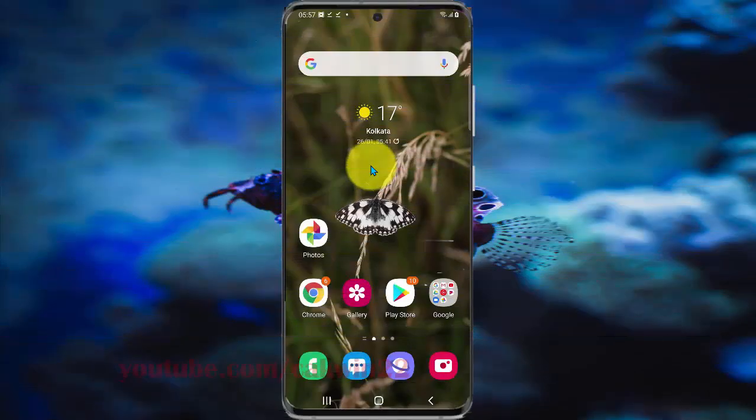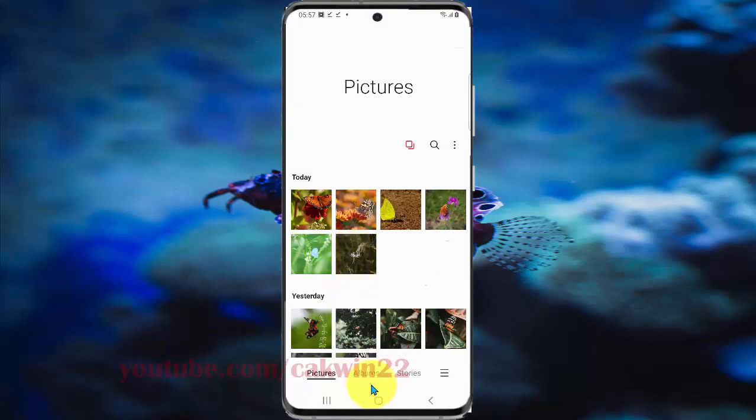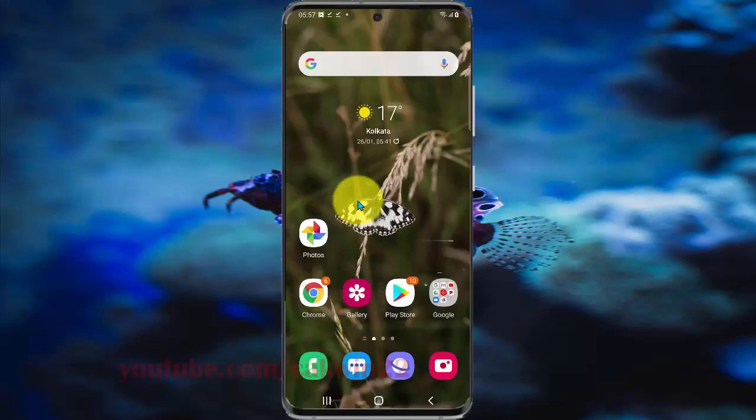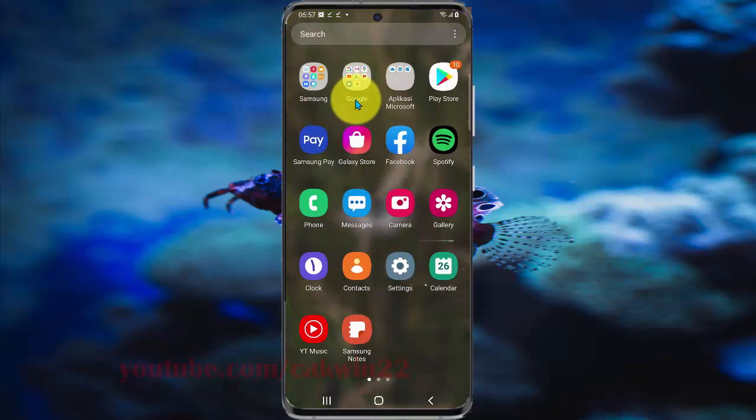To change image style in Samsung Galaxy S20, open the image you want to change style, tap Gallery. If you cannot find Gallery on the home screen, open it from the app screen. Swipe up or down on the home screen to access the app screen, and then select Gallery,